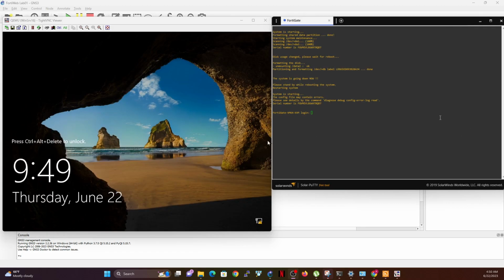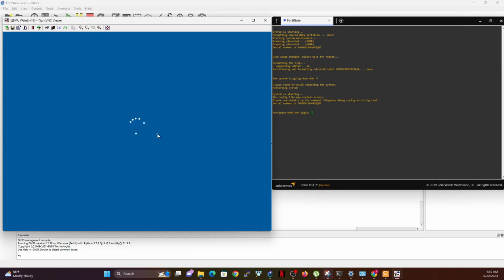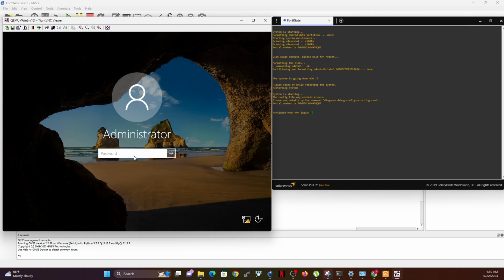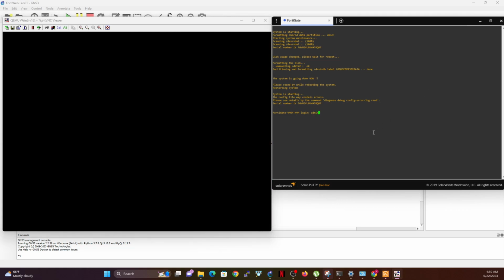My FortiGate and my Windows Server are both online, so I'm going to log in to my Windows Server. Notice the password is basically admin. I'm going to enter username admin, no password. Now I'm going to set the password. This is the password you're going to be using.